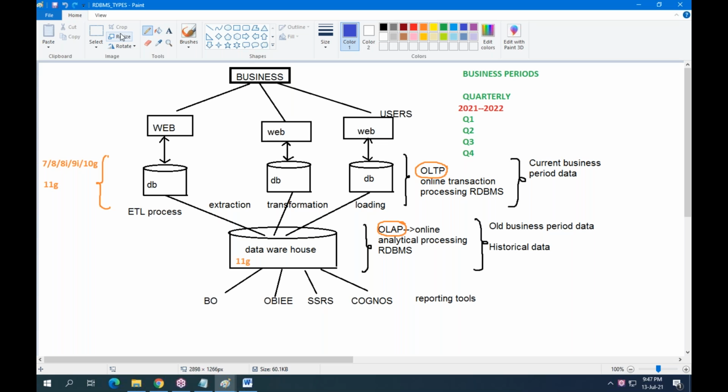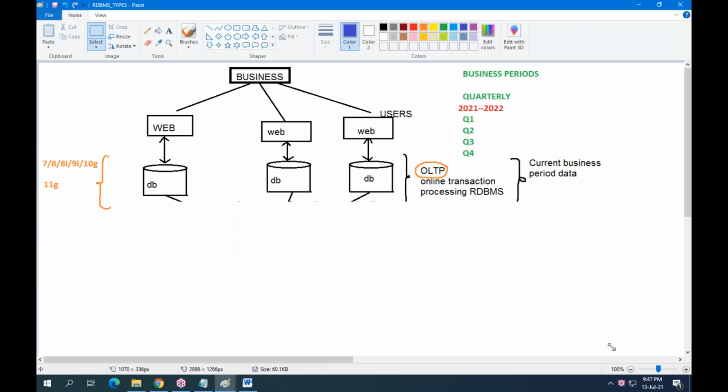From day one of the business, listen carefully, suppose my business started in 2001, almost 20 years completed. If I maintain all 20 years of data here, then assume how large a database I would have to maintain.